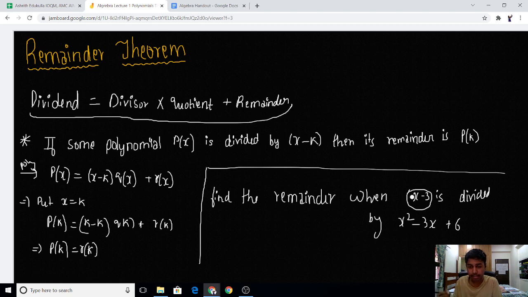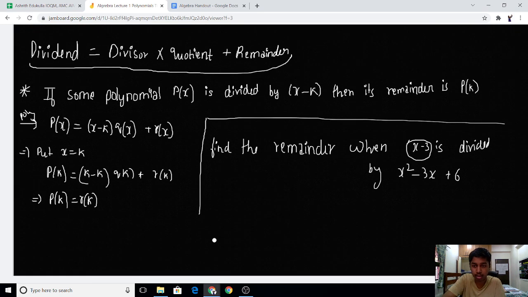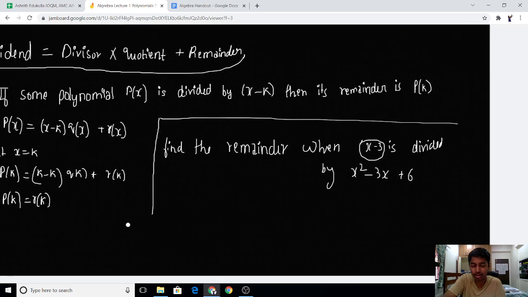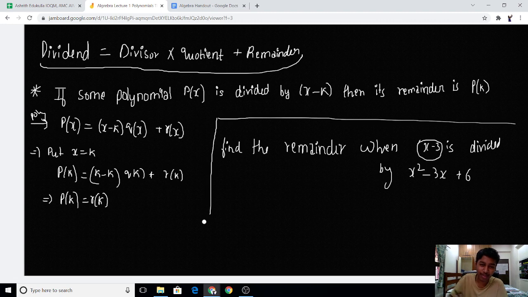So let me consider division. Let me construct. So I'm doing a construction. This construction is totally different, you don't think about the geometry construction. I'm going to construct a division algorithm. x square minus 3x plus 6 equals